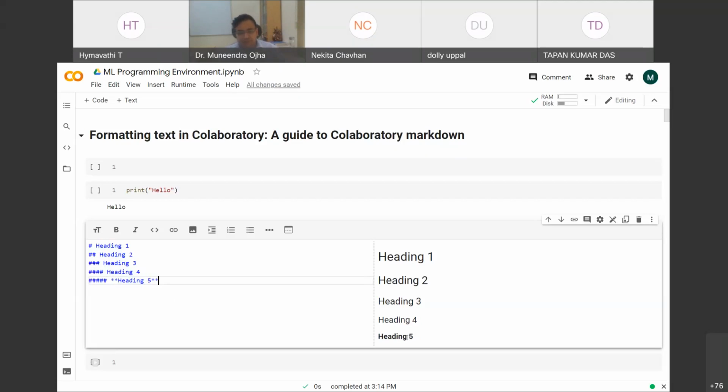You observe this heading became bold, or let me just do this for the first heading. Okay, first heading became bold. If I have to make something italics, I will surround it with underscore or single star.